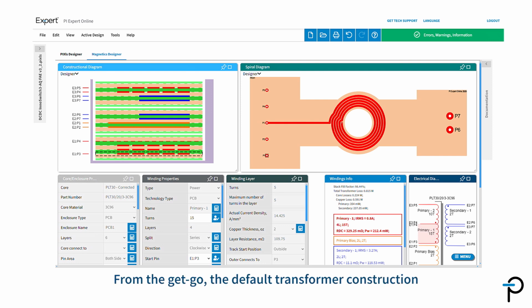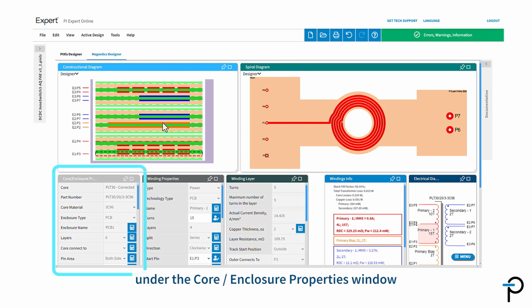factor. From the get-go, the default transformer construction can be oversized form-wise, but users can improve this by locating the pins closer to the windings and subsequently decreasing the PCB dimensions. Before specifying the intended pin locations, it is important to adjust the pin area first, if necessary. This is done by modifying the XP1 and XP left and right parameters under the core/enclosure properties window for each